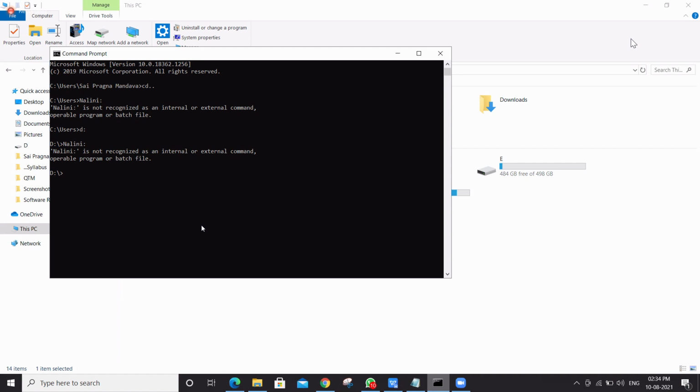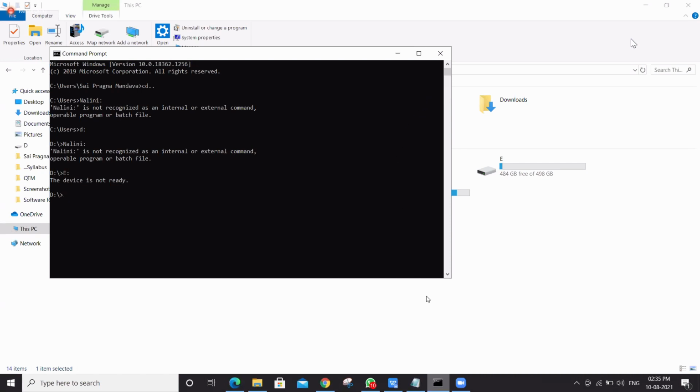It is not able to recognize that. E colon, you give. The drive is not ready. Generally, it will change. If you want to change from one drive to another drive, you simply give the drive name colon. That's it.